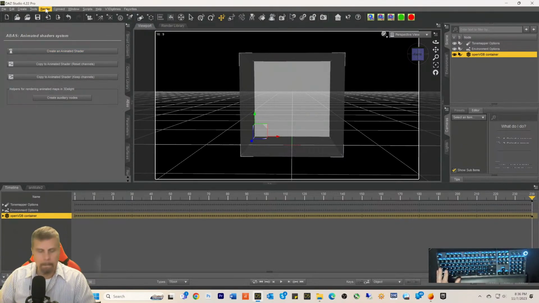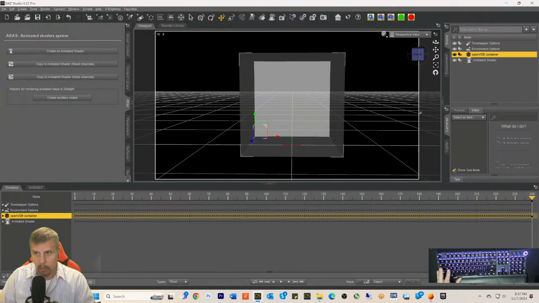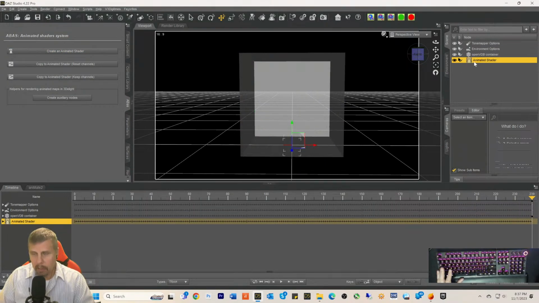So then you have the ability to animate shaders and surfaces in Daz Studio, which is very, very exciting. Okay, so what we're going to do is create an animated shader. So we're going to go here and create this. And I don't know if you have to do this or not, but you drop that into